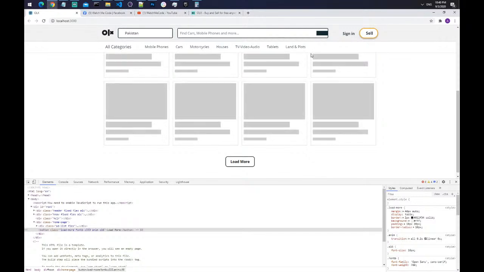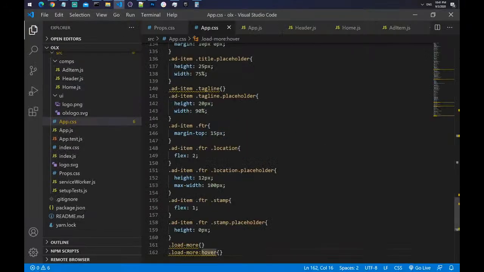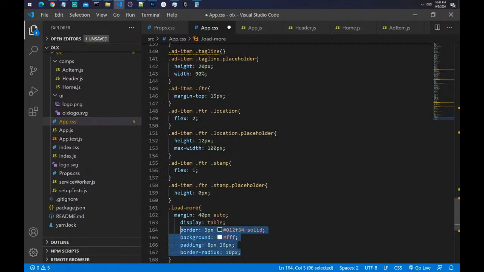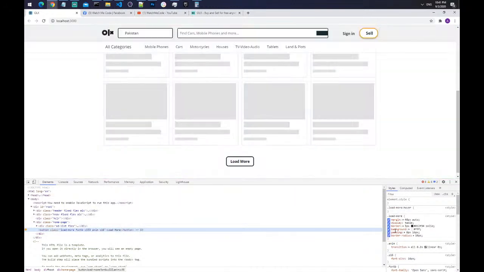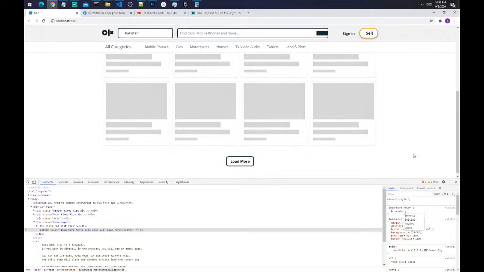As you have noticed, we are not having our icons right here. It is actually expired and we need to reload it, and we will add it shortly. Change the border size to 3 pixels and padding to 8 and 16. Let's copy and paste inside the load more, and for the load more hover, I will right click and force state hover, and I will add box shadow,